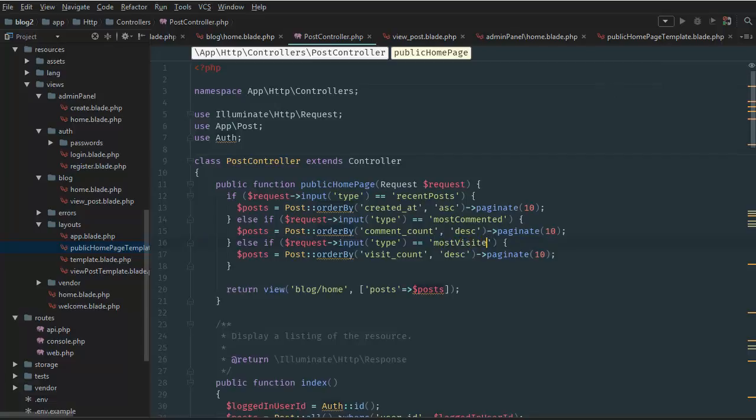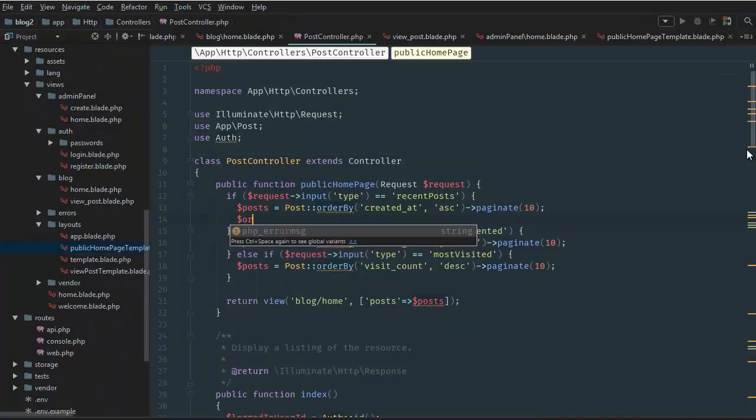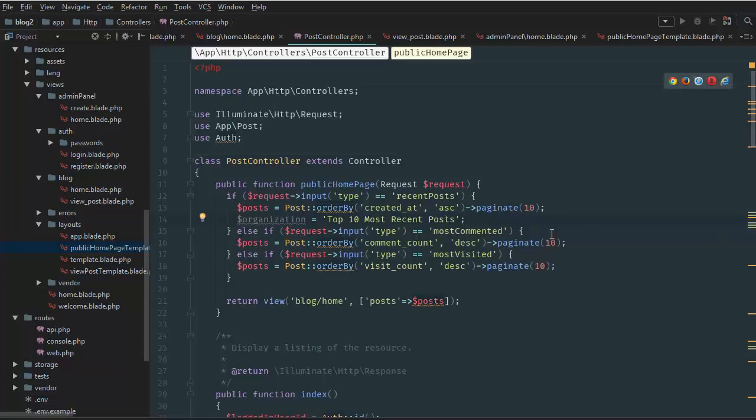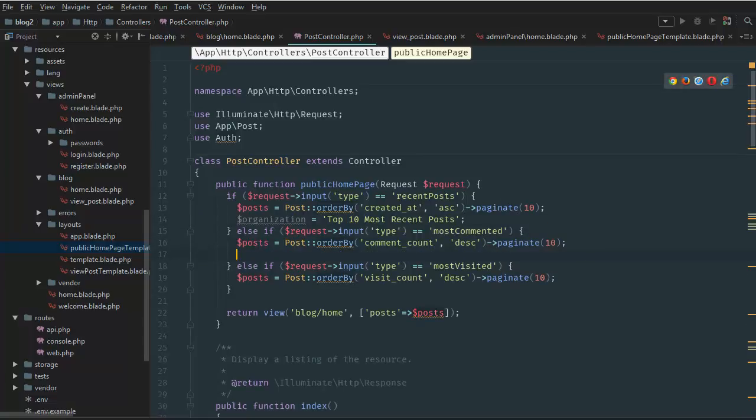So here we want to say most commented, and here we want to say most visited. And then we're going to create a new variable, organization. It's going to be top 10 most recent posts. This is basically the h1 tag in the page. So let's do organization is equal to top 10 most commented posts,